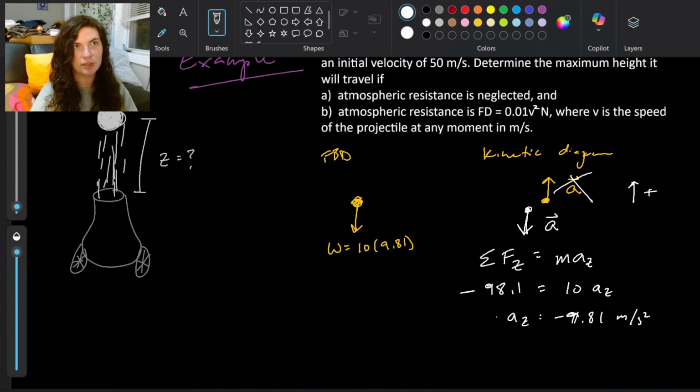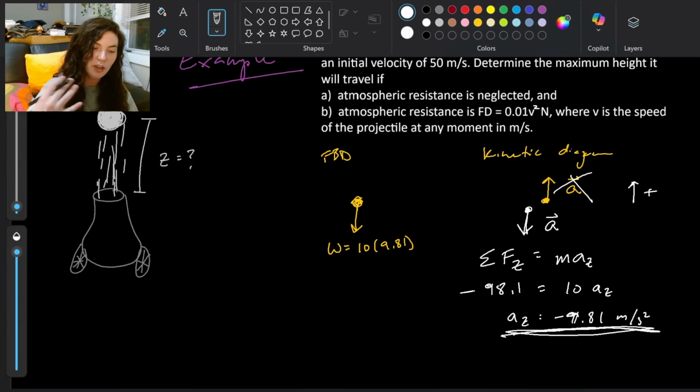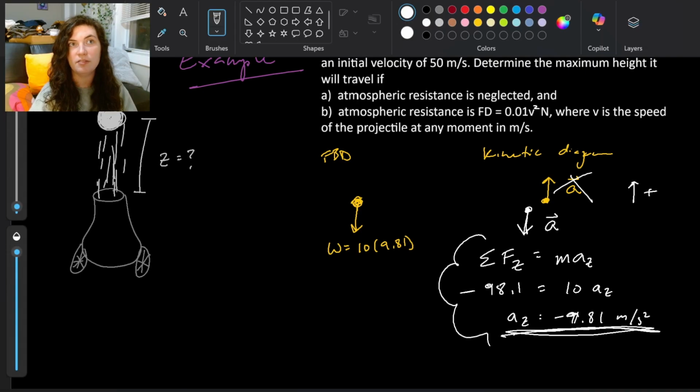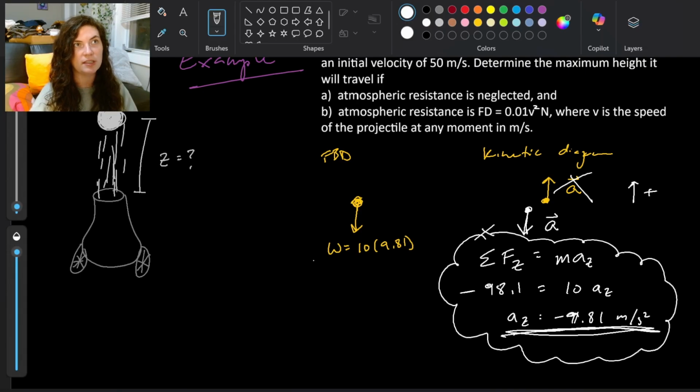Acceleration is actually in the negative direction. So this is telling us that we assumed the wrong way in our kinetic diagram, and that our acceleration is actually in the negative direction. Which we know, this is a projectile motion problem. So we could have skipped all of this nonsense right here. We could have just said, I know it's projectile motion. I know gravity is constant because we're on the Earth and it's a projectile that's going up and coming back down. So if I want to find this delta z,